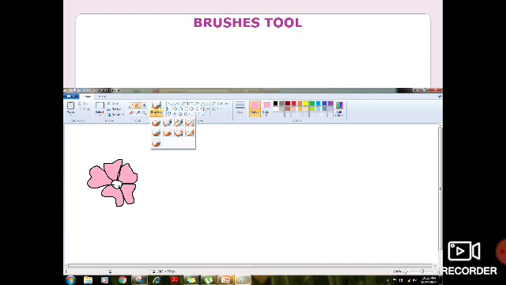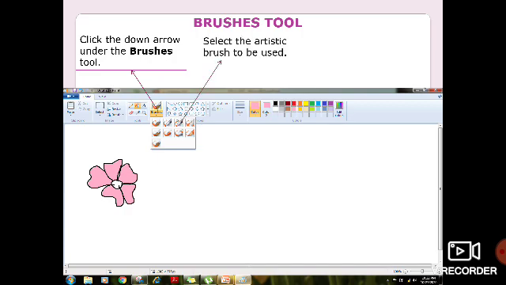So children, whenever you open the paint window, you can see brushes here. When you click on the down arrow which is present here, you find a list of various types of brushes, isn't it? So you have to select any of the brushes which you want. When you select this, next you have to select the thickness of the brush, that is you have to click on the down arrow present in size and you will be displayed various sizes.